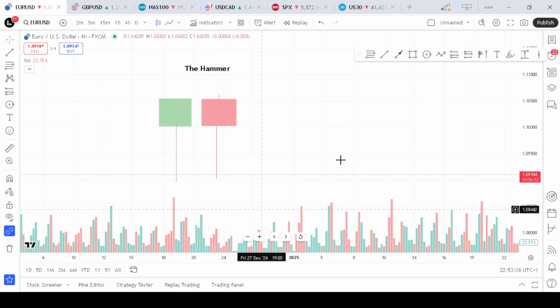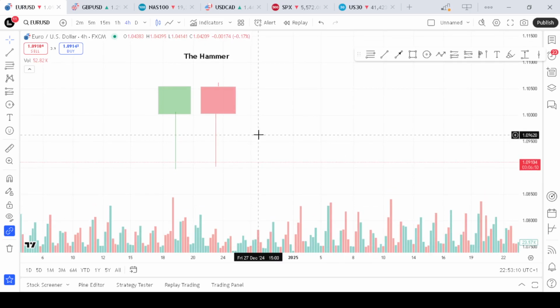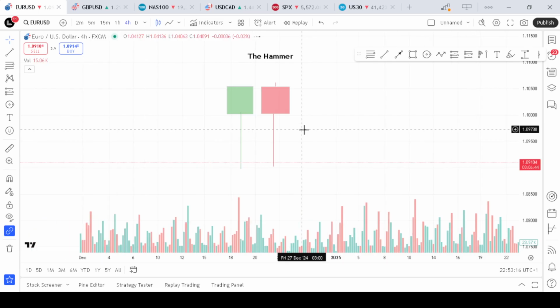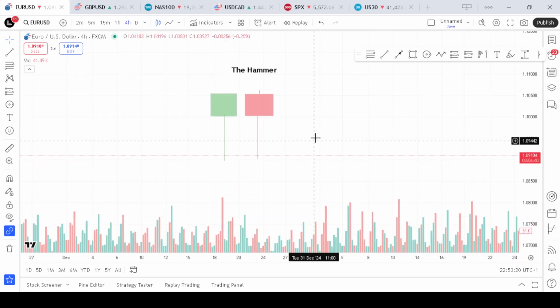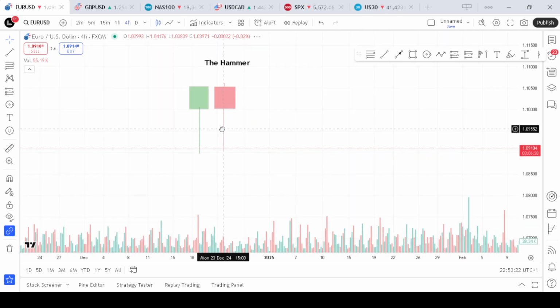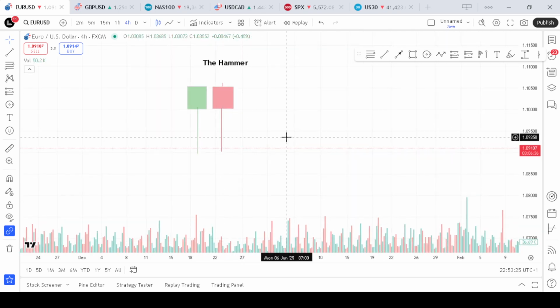Now, the first pattern we'll be looking at is called the hammer. The hammer is a key candlestick pattern that signals potential reversals in a downtrend. It shows that sellers pushed price lower but buyers stepped in and drove the price back up near the opening level by the close. This shift suggests the